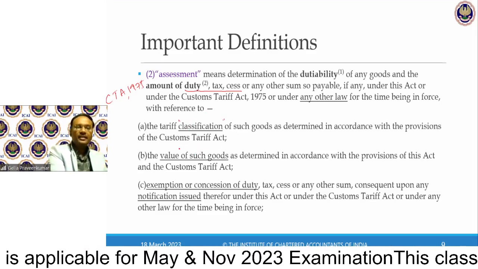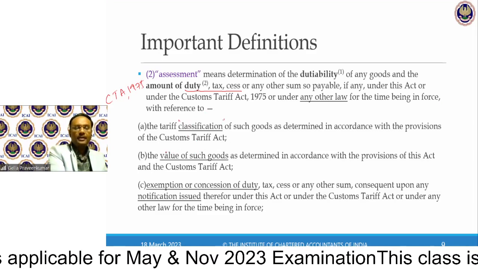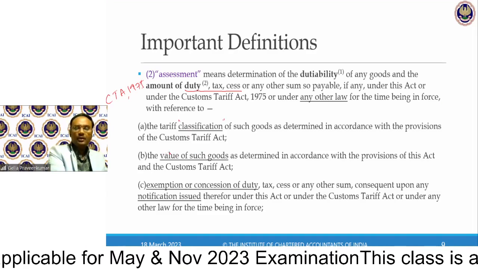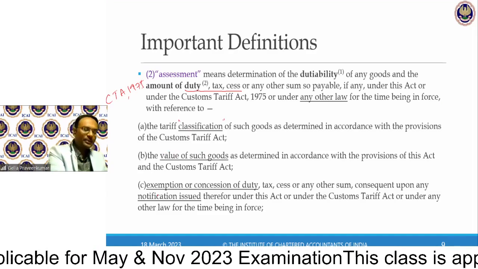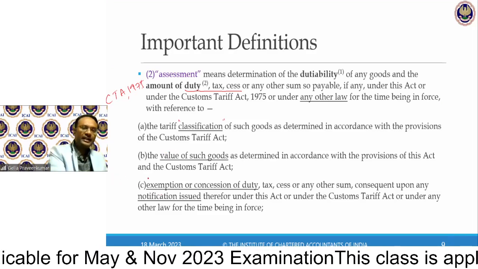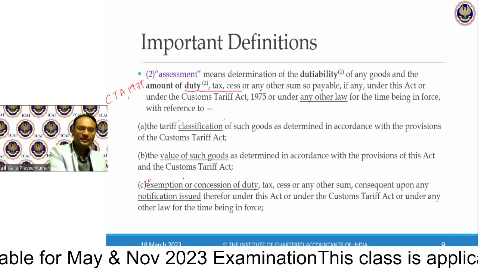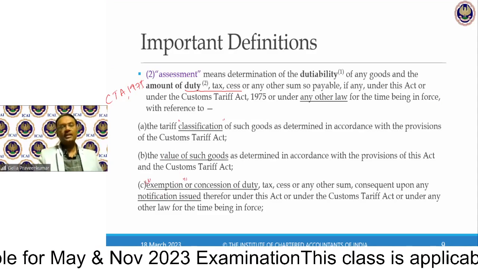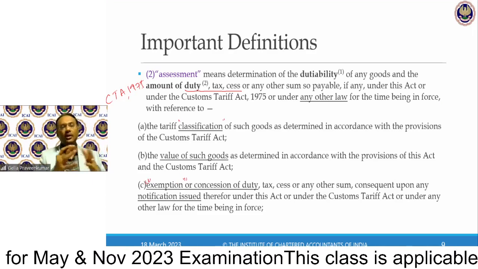Below that, value of the goods. Next bullet point, exemption. Now, these points, whatever you have written, I'll explain in detail how you need to understand